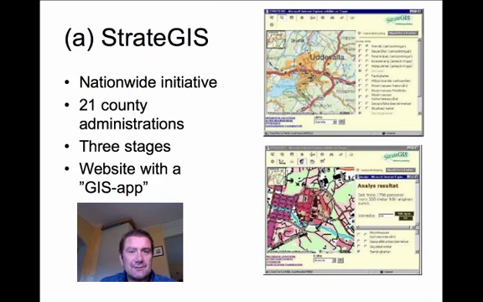The project was called Strategies, referring to the strategic value of working with online tools with geographical information. The initiative was nationwide, and it encompassed hundreds and hundreds of employees at these 21 county administrations, and also people at the local municipalities. And basically the course was about teaching the learners how to work more efficiently with a specific online web-based tool where they could access geographical information and process it in terms of zooming and doing various